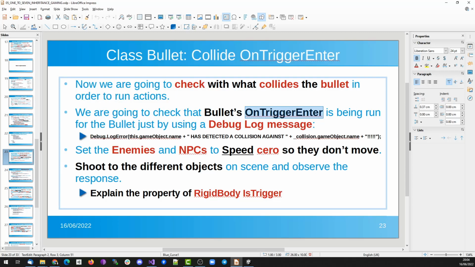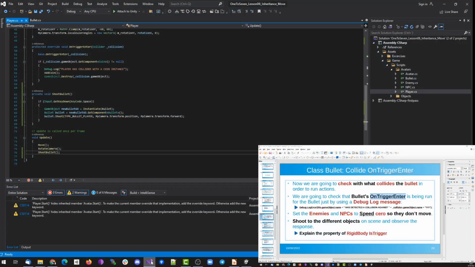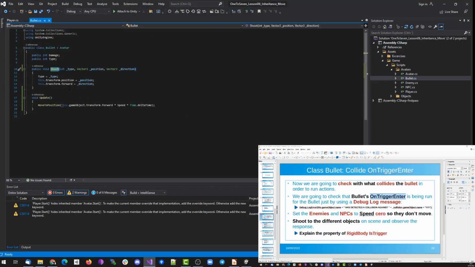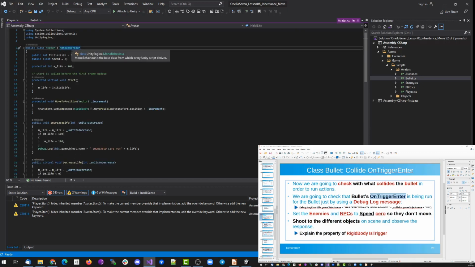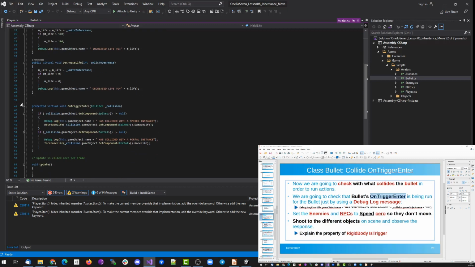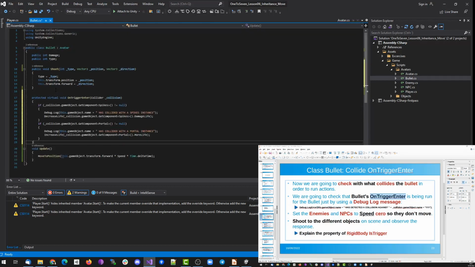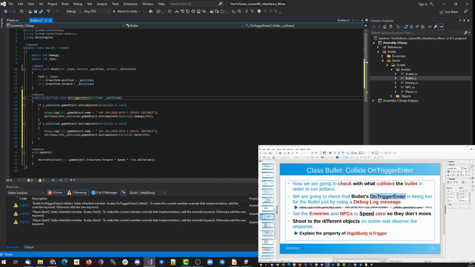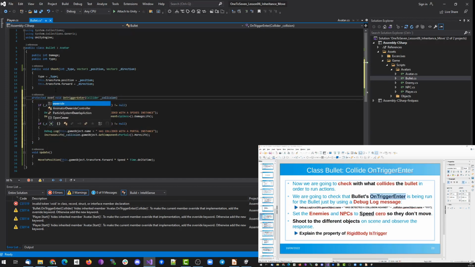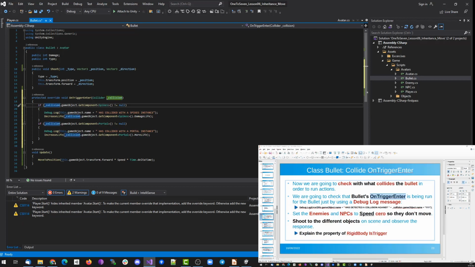Okay, so we are going back to the code, and on the bullet we are going to use the method OnTrigger that is inherited from MonoBehaviour, and we have it right here, and we are going to override it. So what we are going to do right now is just extend the whole thing, and we are going to display a log message right here,